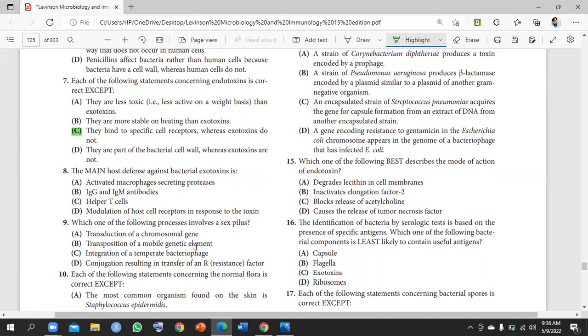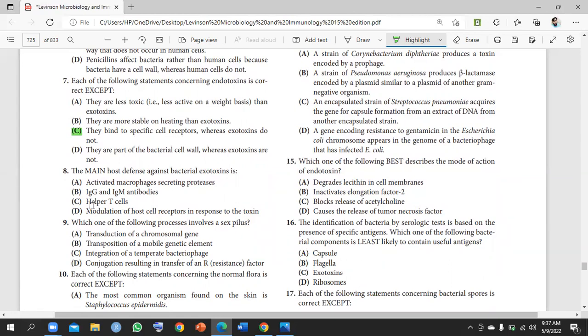The main host defense against bacterial exotoxin is, so these all are host defense mechanisms against exotoxin, but one is the most accurate one. So we have to choose the most accurate one. So activated macrophages secrete proteases. So exotoxins basically do not activate the macrophages. Means that the best answer is that basically